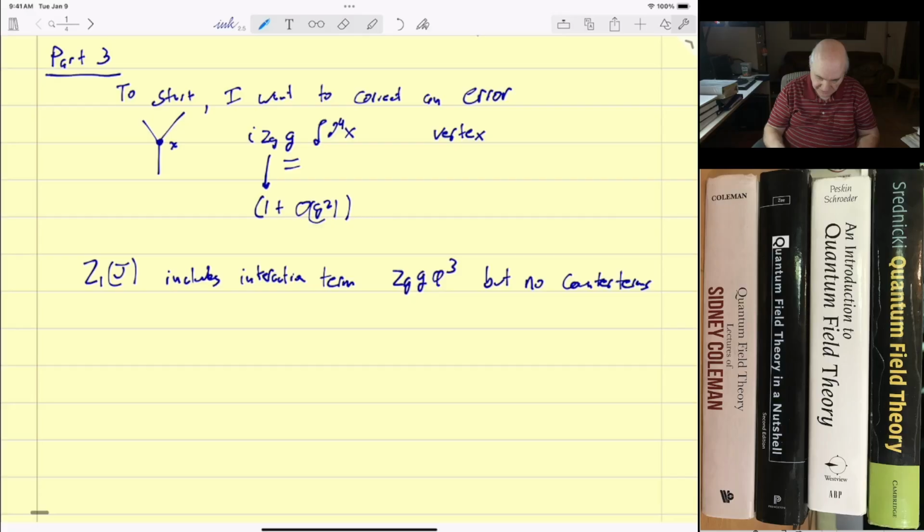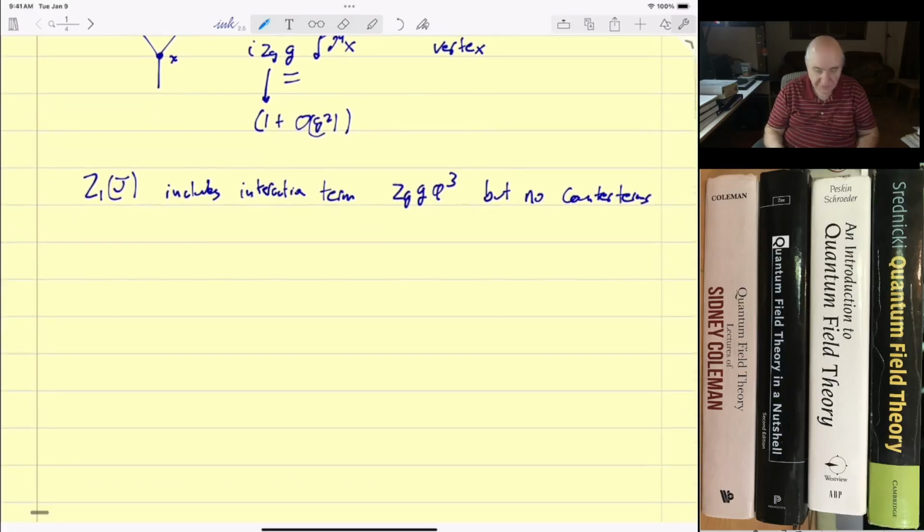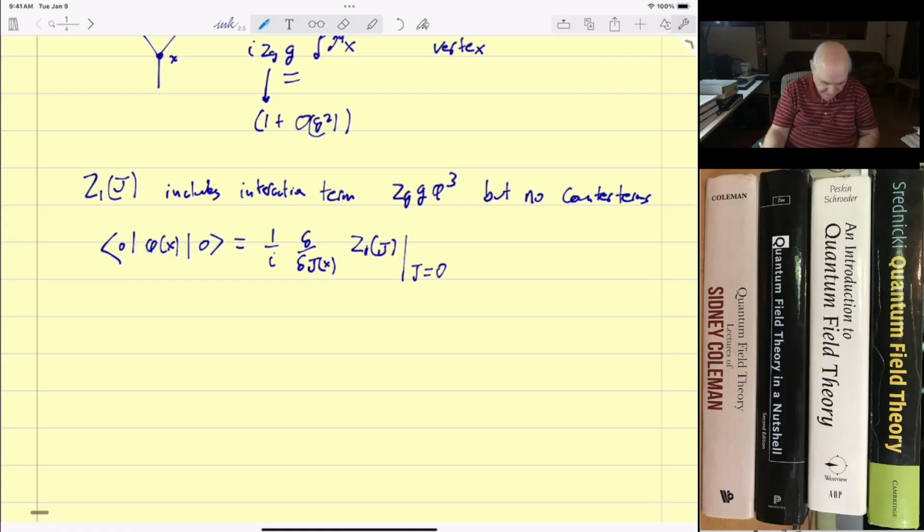Now, if we try and see how this works with whether we meet the conditions that we want to impose, let's calculate with what we have so far the vacuum expectation value of the field phi. And this is gotten the usual way. It's a 1, not an I. Evaluated when the sources are 0. And then using our little formula for Z in terms of W, this is equal to